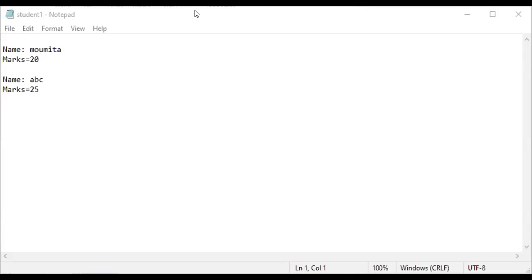You can check where your text file is stored if you don't mention any path in that line. If you specify the path, the text file is created in that location.